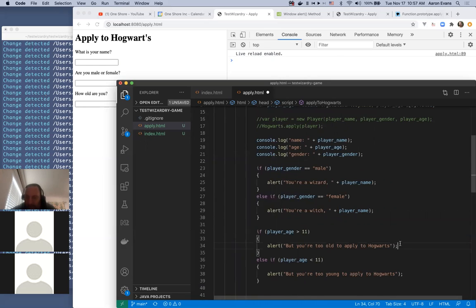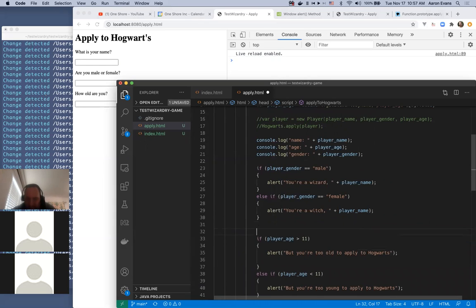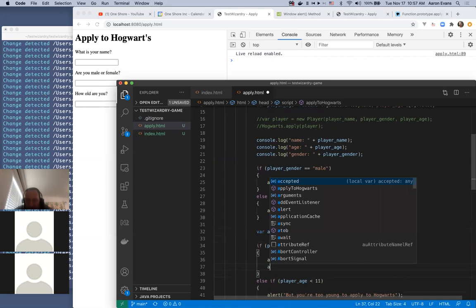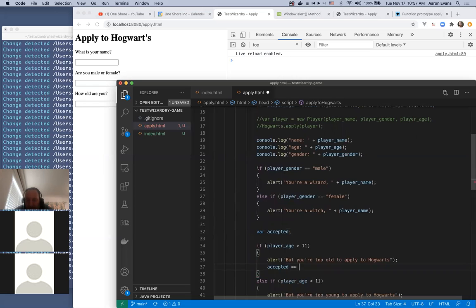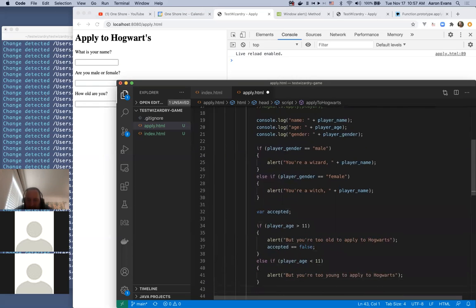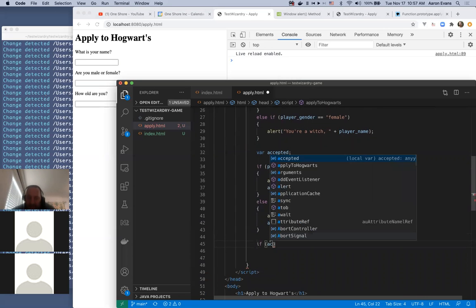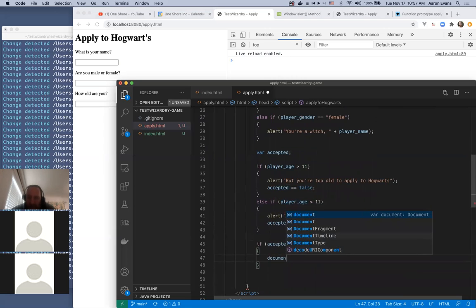Then what I want to do is create a variable called accepted. Pretty much our only criteria is you have to know magic, which we're assuming at this point, and you have to be 11. If you're not 11, we're going to say accepted equals false. Anyway, and now we can say if accepted, we can document dot